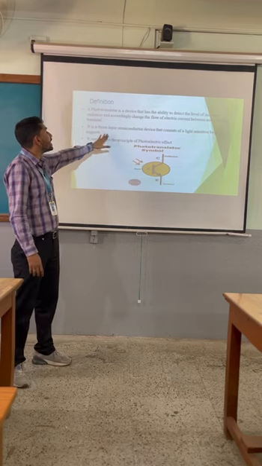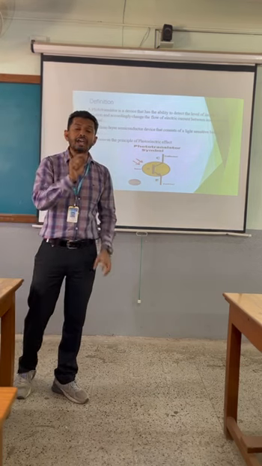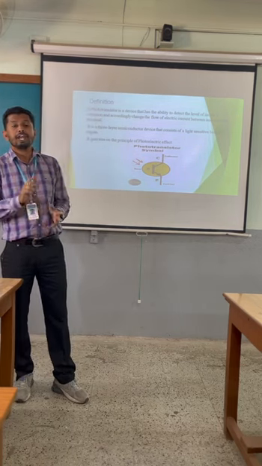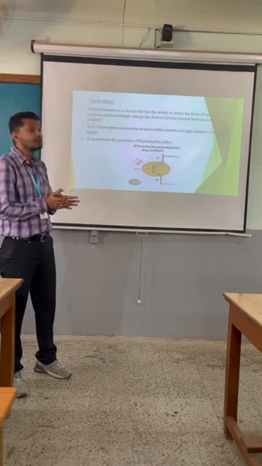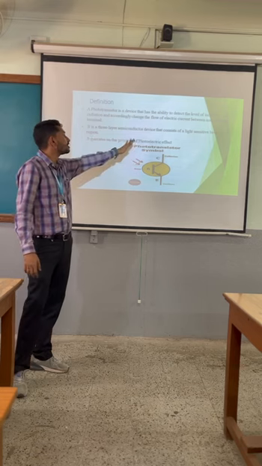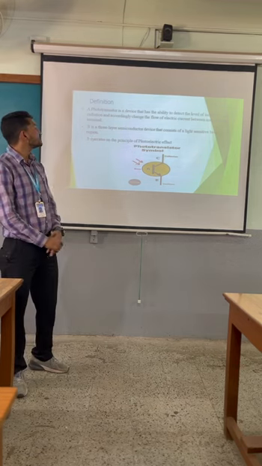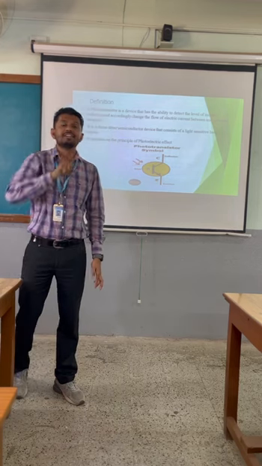Then it is a three-layer semiconductor device. Why is it called a semiconductor? Because an NPN transistor is used. NPN or PNP, there are two types of transistor. It is used as NPN as well as PNP transistor. It is a three-layer semiconductor device that consists of a light-sensitive base region. Means the base region is sensitive to light.